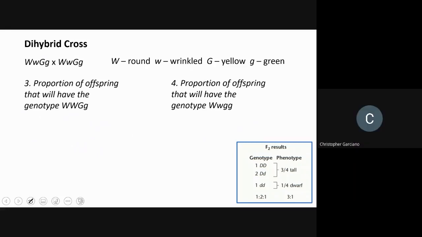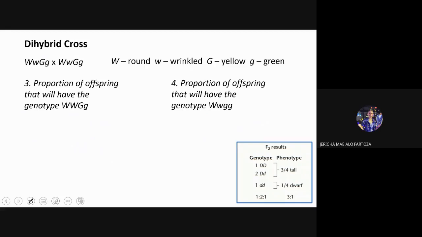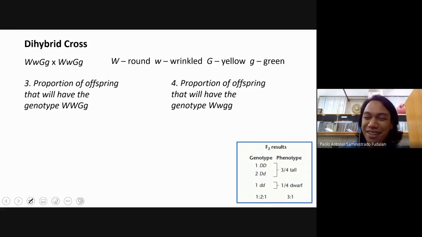2 out of 16, sir. Both answers are correct. Okay, so let me explain. So what are we dealing with now? Phenotypes or genotypes? The genotype, sir. All right. So in our genotype reference, both are correct. Both of you are correct. Thank you. So we will now look at our reference here from the monohybrid cross, but we are going to